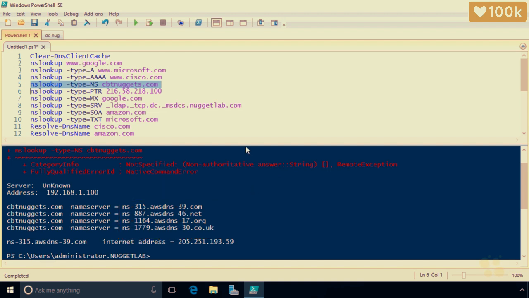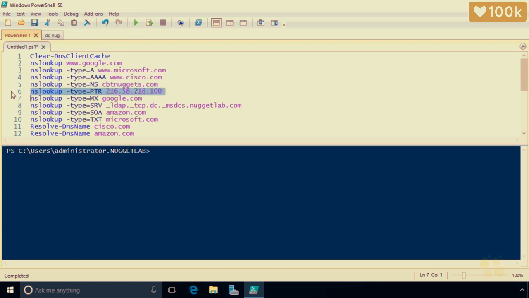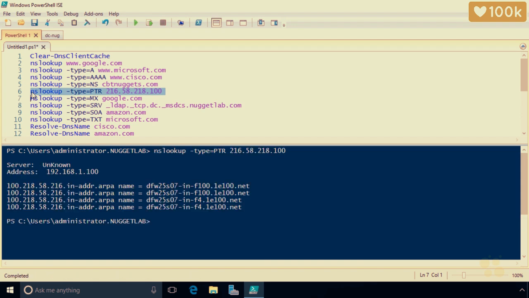Next, if we wanted to look at a pointer record, we'll go ahead and squeegee off the bottom portion. We'll highlight row number 6 and do an NS lookup -type equals PTR. And the pointer record, once again, is used with reverse lookups where we have the IP address and we want to find out a name associated with that IP address. So with row 6 highlighted, we'll press F8 to launch it. So based on results, this IP address has these names associated with them. So these are examples of pointer records that somebody has created associated with